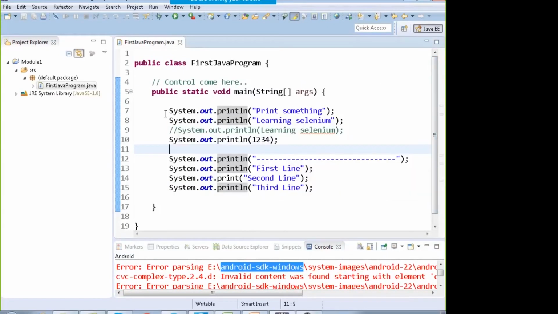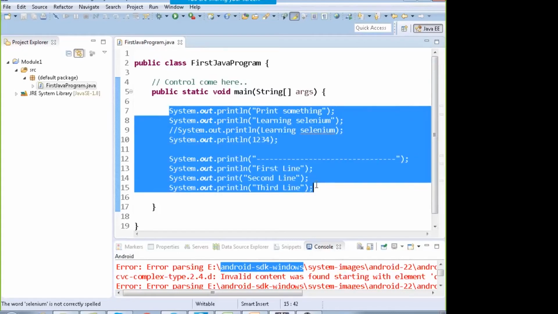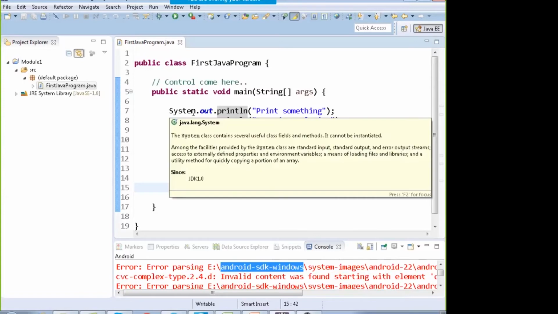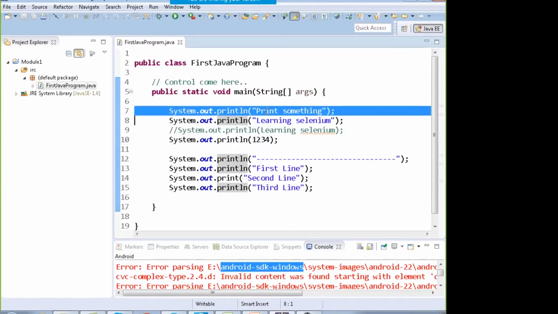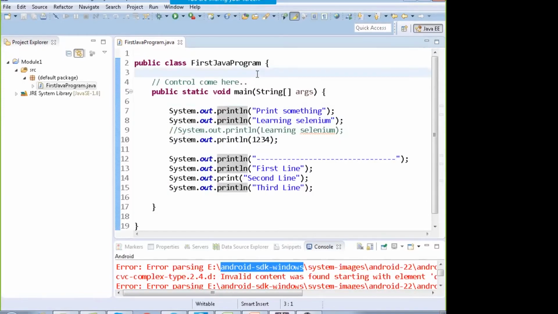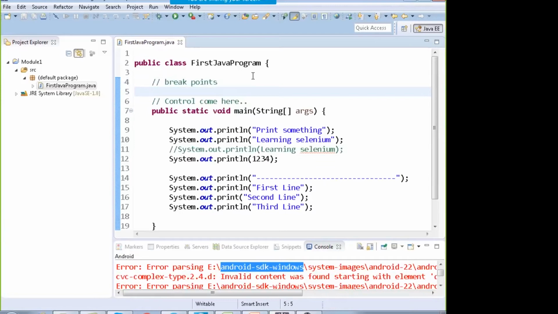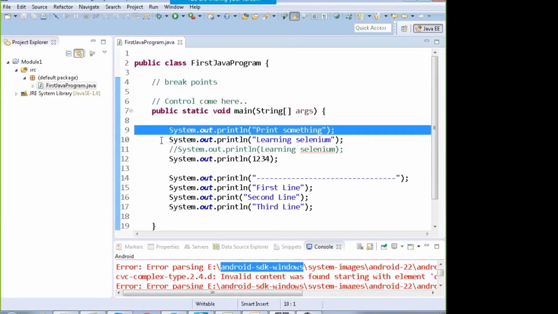Right. Now, few things about Eclipse editor, which is a very useful editor. You can debug your programs. What do you mean by debug the programs? You can actually run them line by line. For example, the first thing is that I will teach you how to put breakpoints. This will be very helpful in the coming lectures. Right. You double click in front of any line. For example, I double click in front of line number 9.